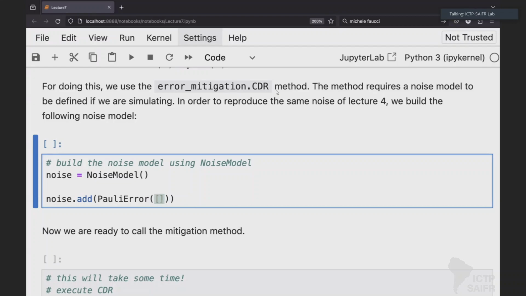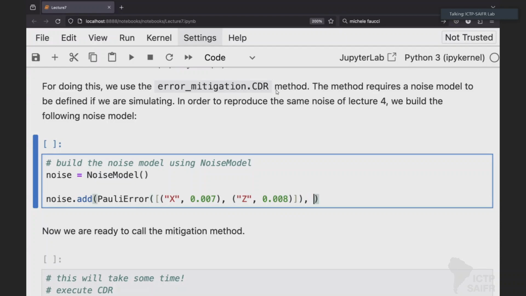So we add a first contamination, which is an X gate, if you remember. And the probability was 0.007. The second contamination is a Z with probability 0.008. And then we need to specify to the noise model,